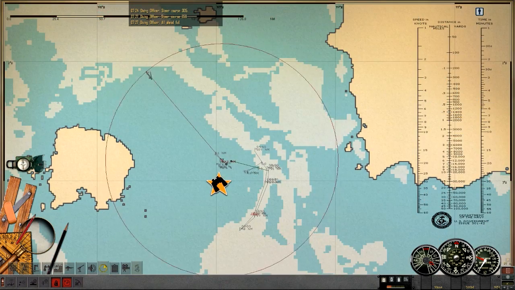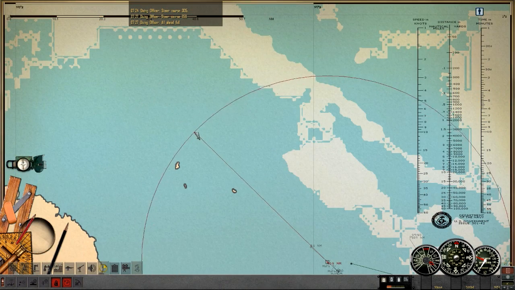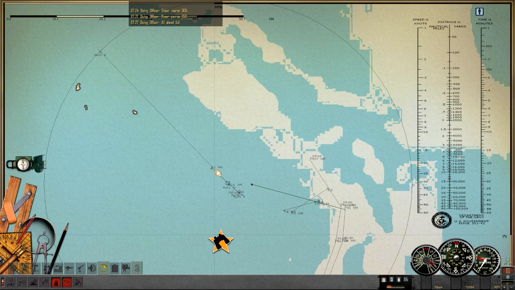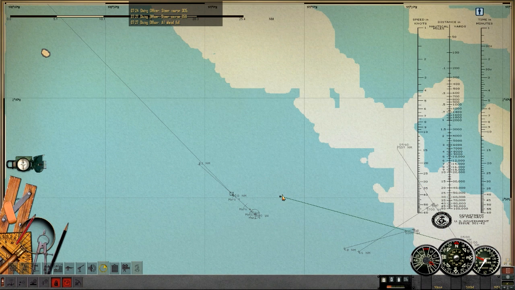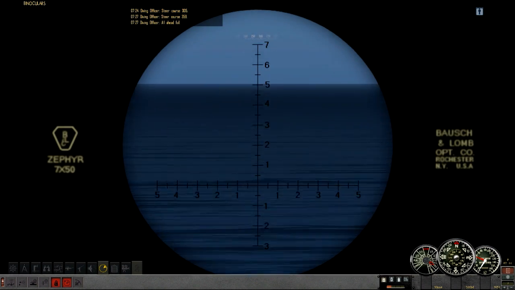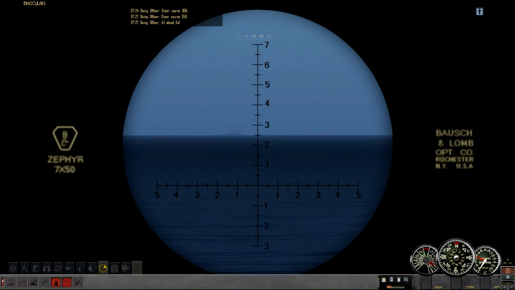In 4 hours, if she doesn't change her course, which might happen, she'll be here. Let's see if we can get there in advance of her in 4 hours. I'm heading directly towards north because I don't want her to see me. Should be in roughly